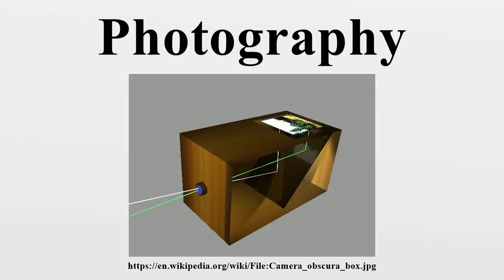Photography is the science, art and practice of creating durable images by recording light or other electromagnetic radiation, either electronically by means of an image sensor, or chemically by means of a light-sensitive material such as photographic film. Typically, a lens is used to focus the light reflected or emitted from objects into a real image on the light-sensitive surface inside a camera during a timed exposure.